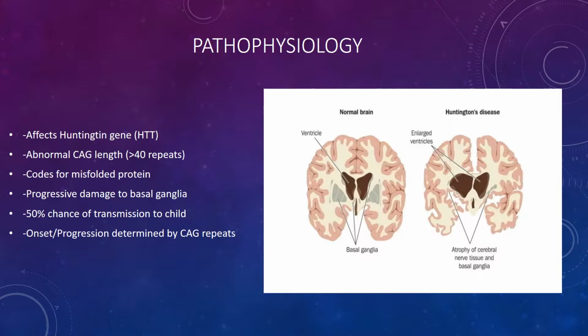And this actually causes Huntington's in the child. And then over generations, from, say, grandparent to parent to child, the repeats can increase and cause increasingly earlier age of onset and a faster progression within those